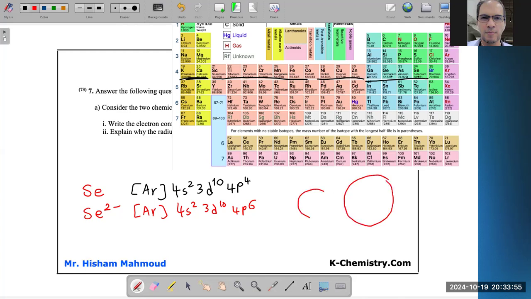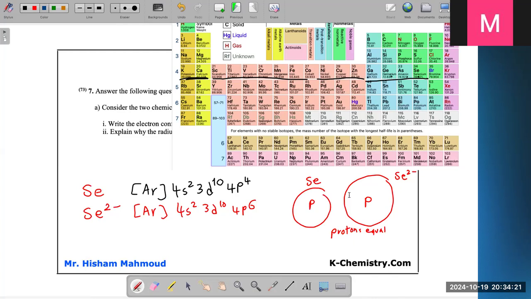Why is the radius of Se2 minus bigger than the radius of Se? The number of electrons is the same or different? Different. The number of protons is the same, not the electrons. The protons are equal, so which one has more electrons? Se2 minus. So it will be bigger because the attraction is